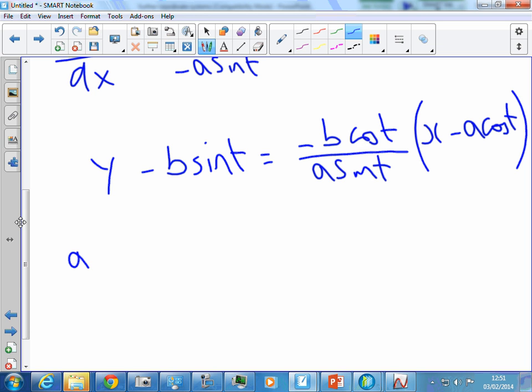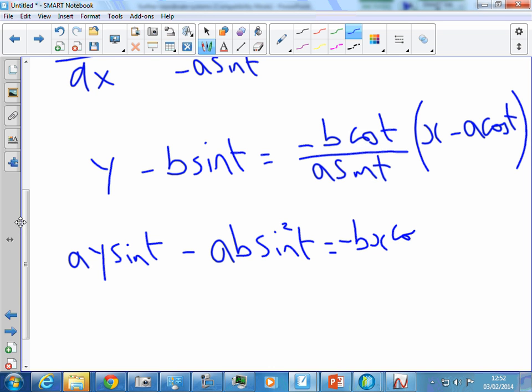So it's going to be a y sine t minus ab sine squared t is equal to minus b x cos t plus ab cos squared t. And if I rearrange this,